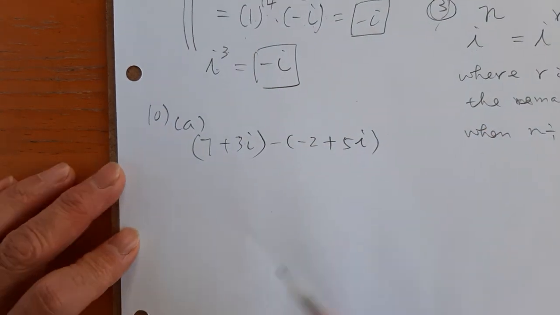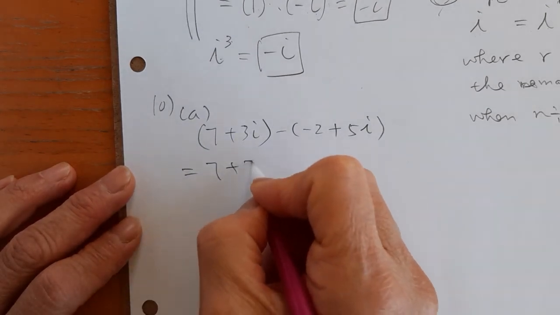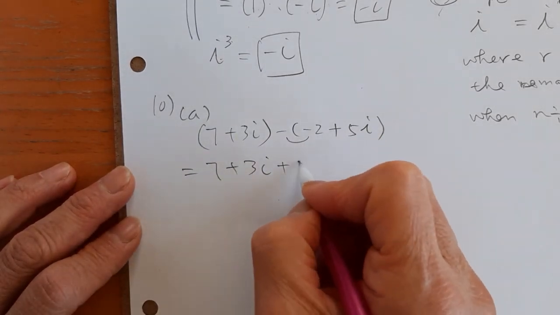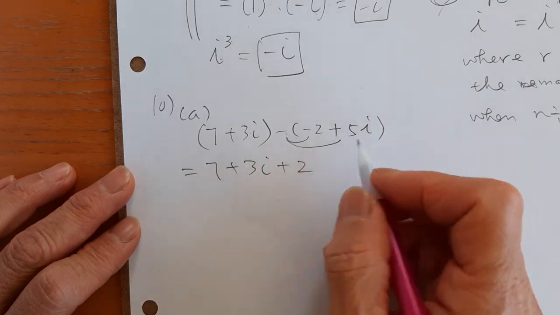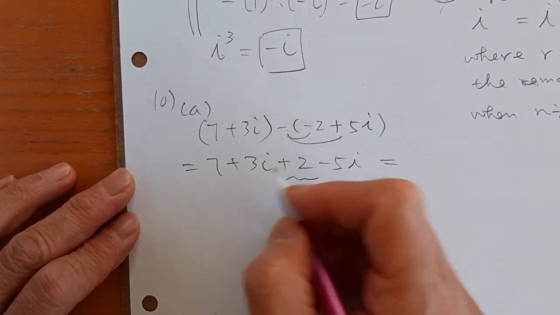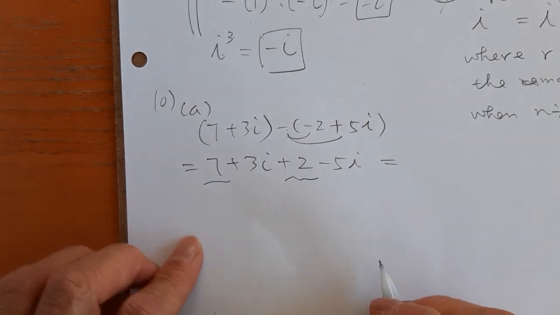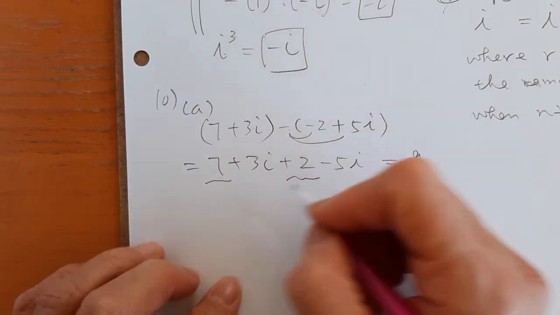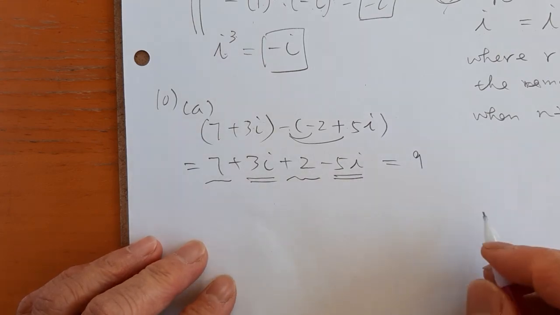So remove the parentheses. Got 7 plus 3i. Negative times negative becomes plus 2. Negative times positive is minus 5i. Equals, real numbers add together, 7 add 2 is 9. Imaginary numbers add together, 3i